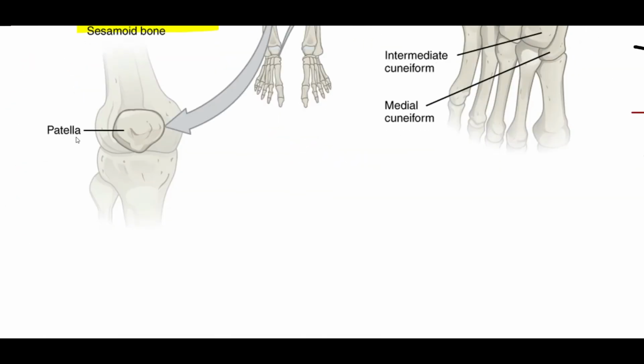The next type of bone which we have is the sesamoid bone. The sesamoid bone is a bone which is circular in shape and is covered with the help of the tendon. So here we have a tendon which would enclose the sesamoid bone, that is the patella, present at the region of the kneecap between the tibia, fibula and the femur. Also we have other sesamoid bones located at the base of the metacarpal.